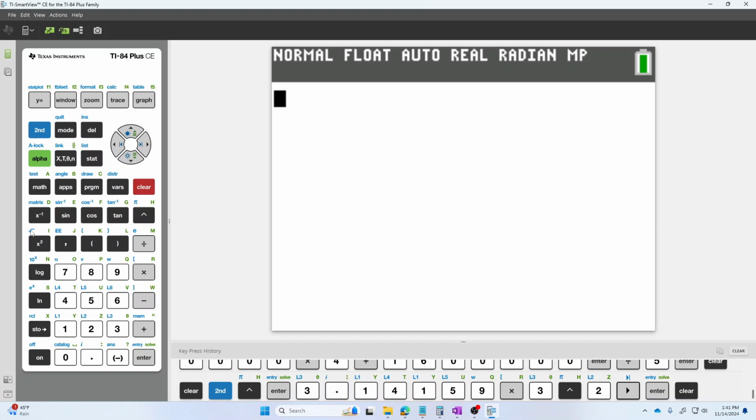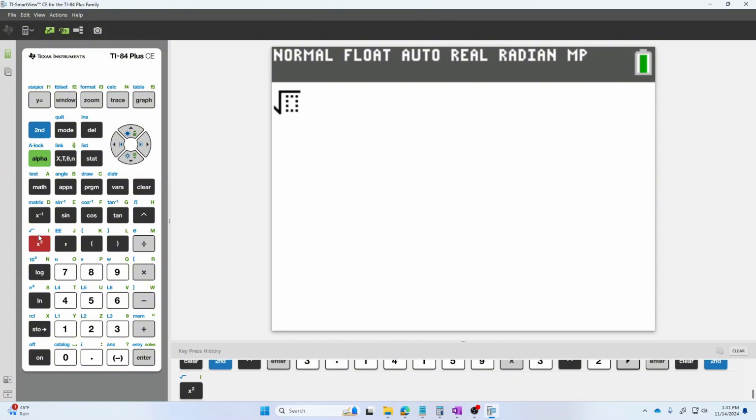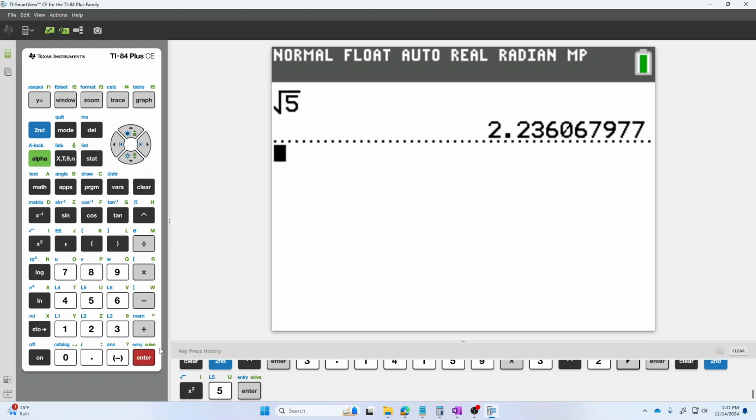If I would like to access this blue symbol, the first thing that I need to do is press the blue button called second. And if I hit the blue button called second, and then I hit this x squared, that'll give me the blue square root symbol above the x squared. Then all I have to do is type 5 underneath that and hit enter, and I get the same result here,